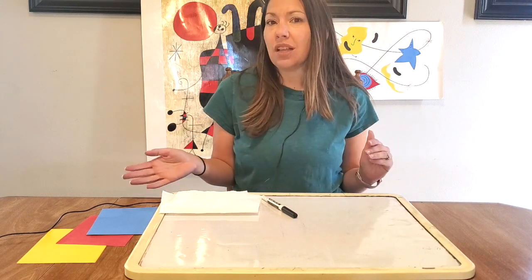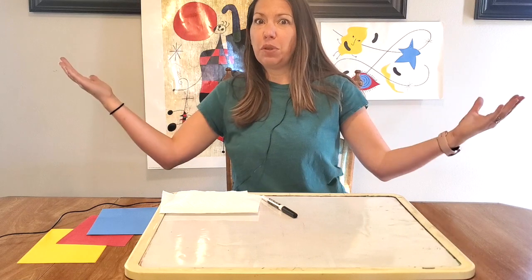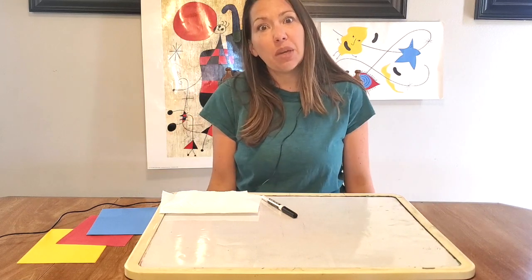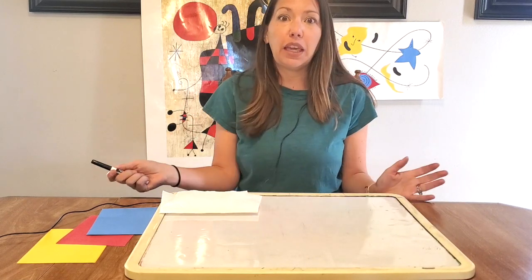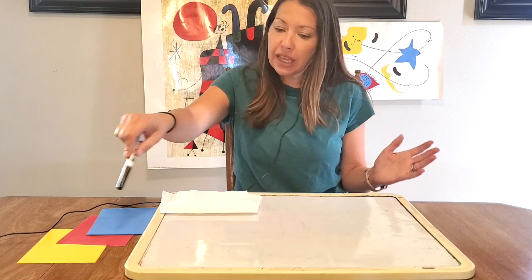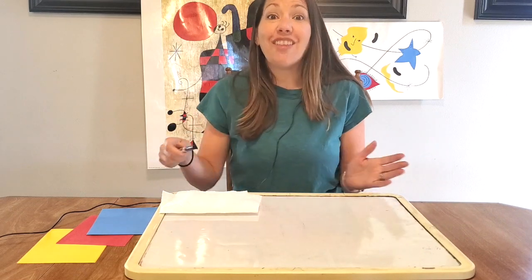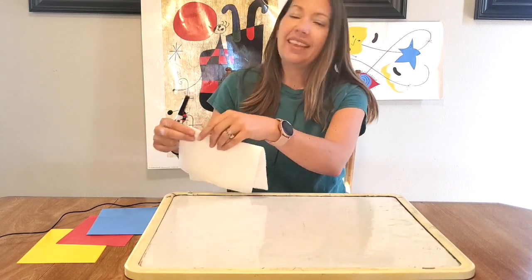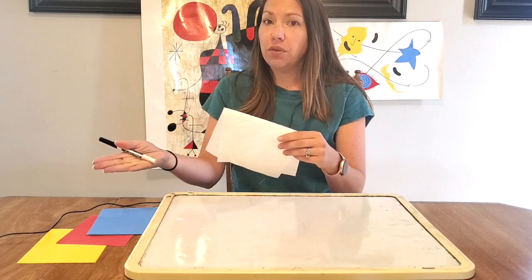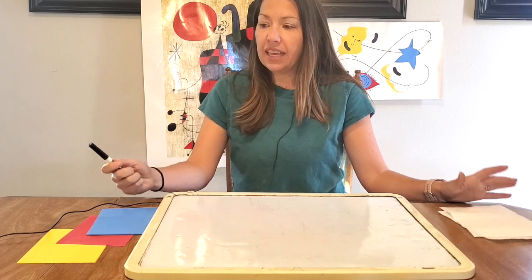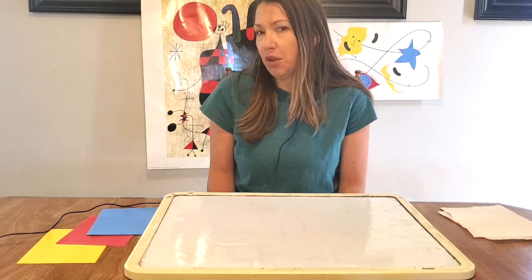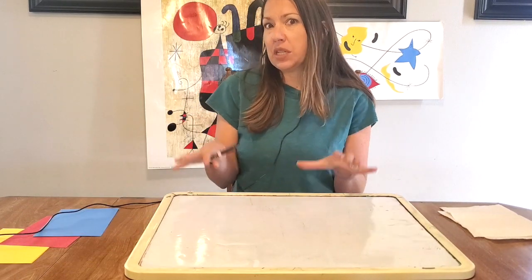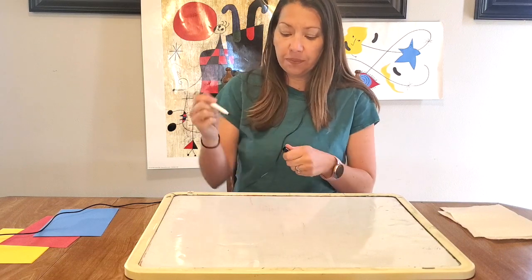The surrealists like to let their unconscious be released. What the heck does that mean? It just means instead of thinking about what you're drawing, you're just letting your hand move, and then you think about it in the second half. So the way that artists like Miro and other surrealists would do this is they would play a game essentially called Squiggle. So I'm going to give you an example of what Squiggle is